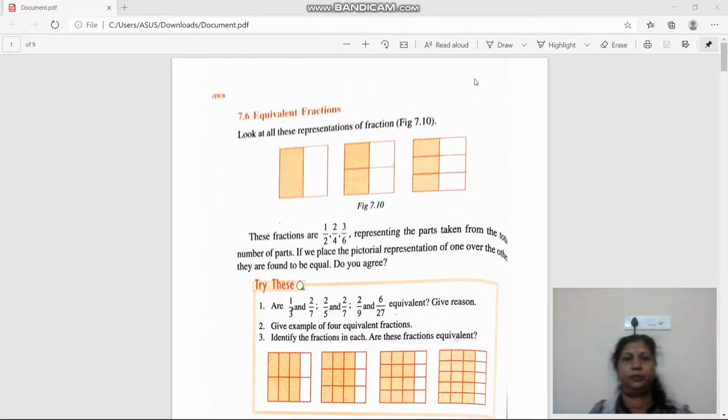Okay, this is the equivalent fraction. It is 1 by 2. That means a total of 2 parts are here and 1 is shaded. Here also, a total of 4 parts are there and 2 parts are shaded. That means 2 upon 4. Here a total of 6 parts are there and 3 are shaded, that is 3 upon 6. Now if we divide 2 upon 4 by 2, we get 1 upon 2. Same here, if we divide 3 upon 6 by 3, we get 1 upon 2. That means fractions which have the same value are called equivalent fractions. Get it? Next.